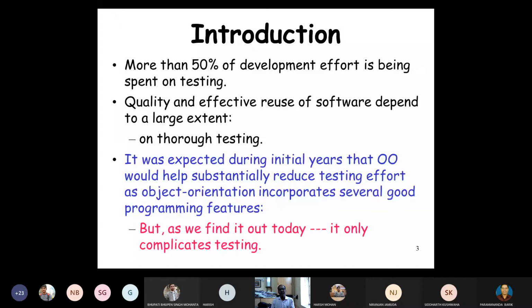When software testing techniques came up, initially they were satisfactorily applied to procedure-oriented programs. It was expected, during the initial years, that the object-oriented features would help substantially reduce the testing effort and the testing cost, as object-oriented programming incorporates several good programming features, isn't it? The good programming features of object-oriented programming are what?